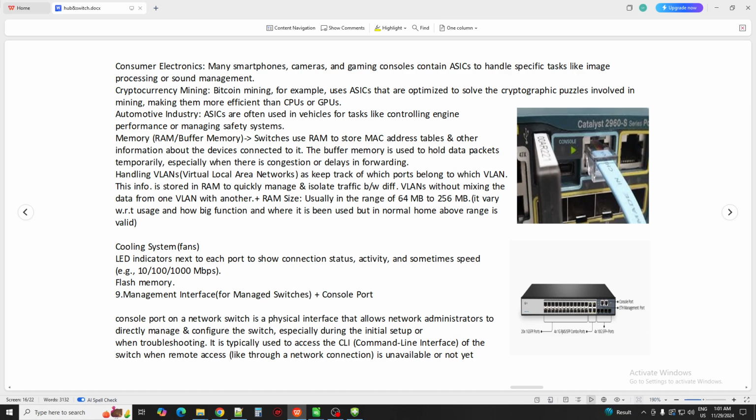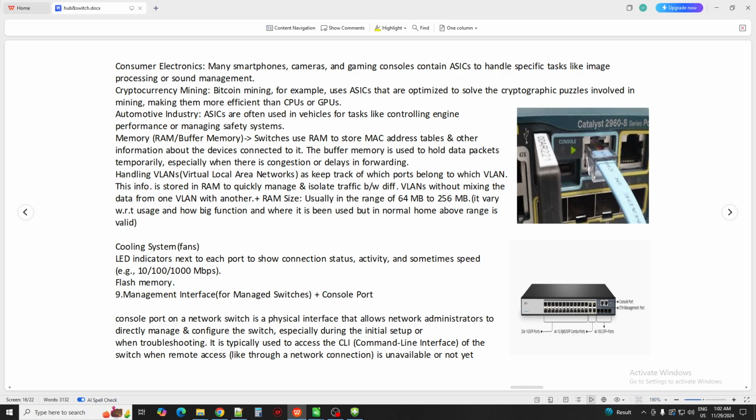Okay, so a simple question is: we have CPUs and GPUs, which are so much more advanced, using billions and even trillions of transistors. So how are ASICs more efficient in solving these problems? Because they are assigned to do specific tasks. That is not the case with a GPU and CPU.